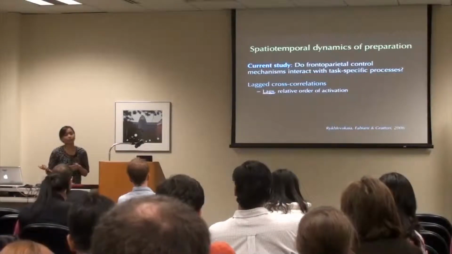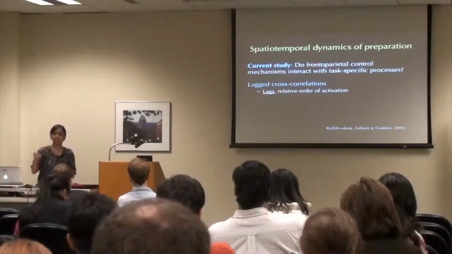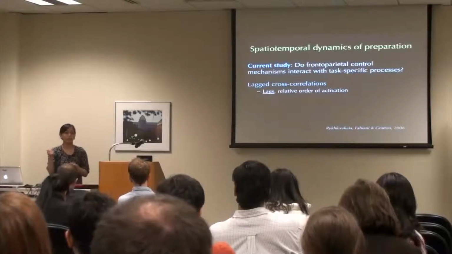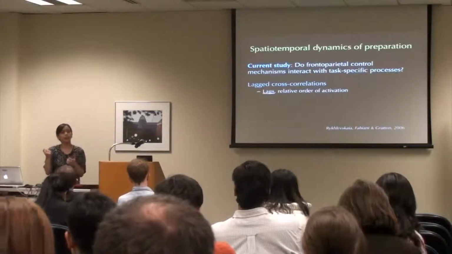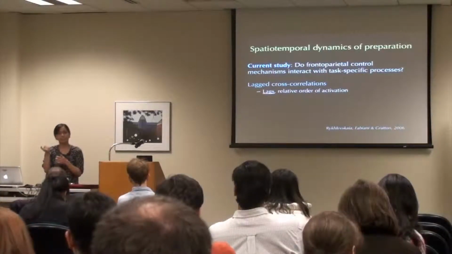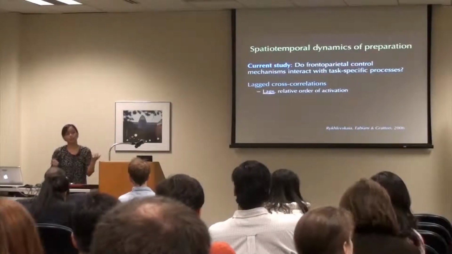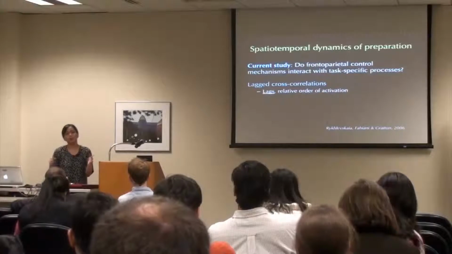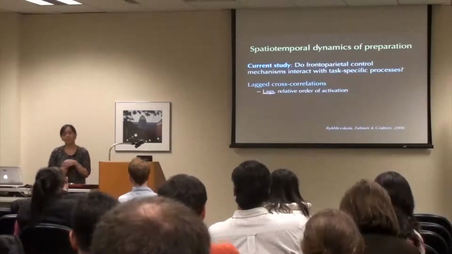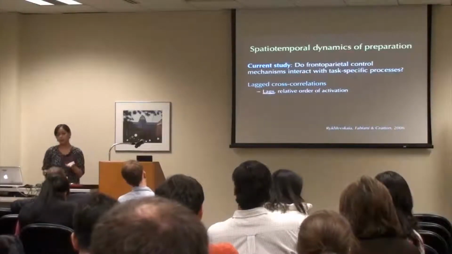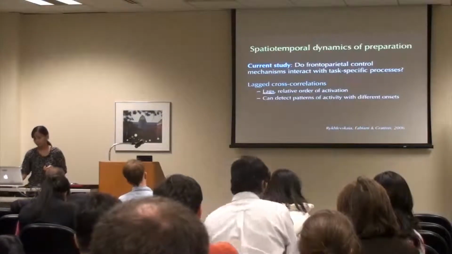So for example, in this experiment, what we might see is that you have activity and activation in frontal regions, and then later on, you'll see that this activity can predict activity in other regions of the brain important for the task, like say motor regions when you have to execute a manual response, or speech preparation regions when you have to execute a vocal or verbal response.